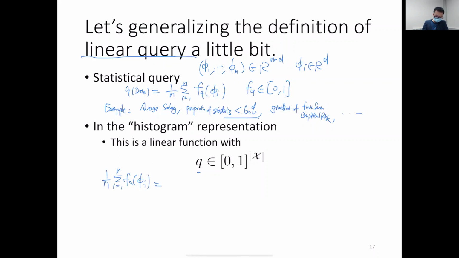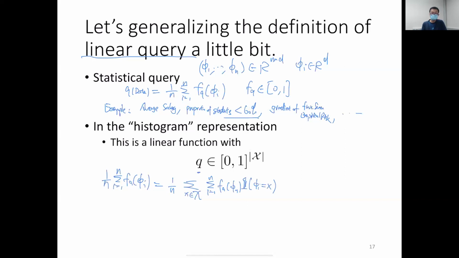So I can further partition it into the sum over the elements of this data space, and then I can sum over f of q, phi i, times an indicator that phi i is